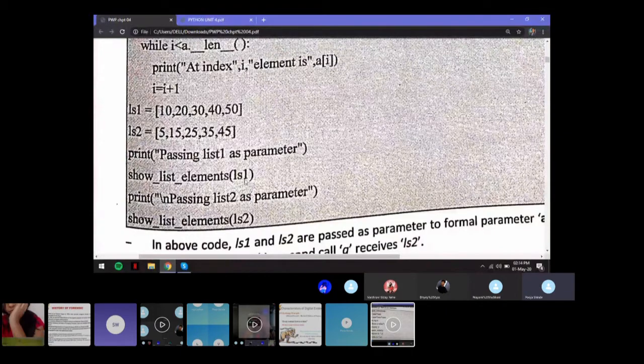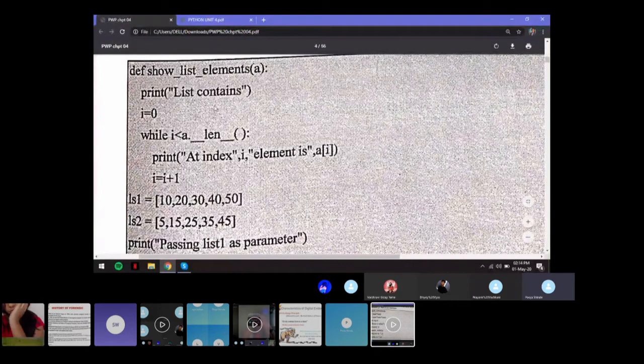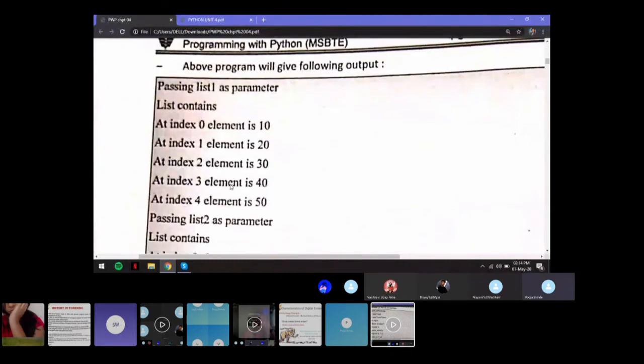That means we are passing this entire list as an argument to the function. So what will happen is you'll get the output: at index 0 element is 10, then at index 1 element is 20, and so on. So let's see the output. So here it is.